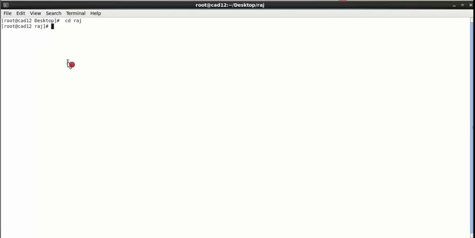Then the next command is csh, enter. Then the next command is source /home/install/cshrc, enter. After this we are going to type virtuoso space ampersand, enter.